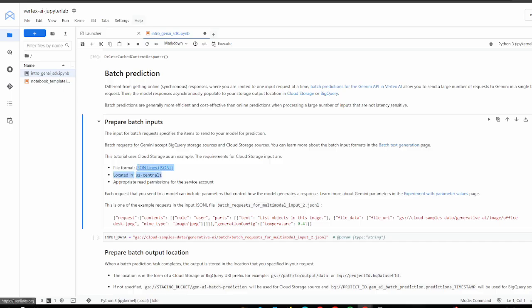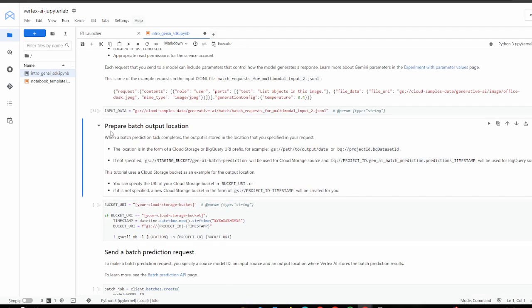This is a location, this is the file format, and we'll just create the input data. Alright, now in prepare batch output location, here are the given examples and explanation of the output location. When a batch prediction task completes, the output is stored in the location that you specified in your request. The location is in the format of a cloud storage or BigQuery URL prefix. For example, this. If not specified,